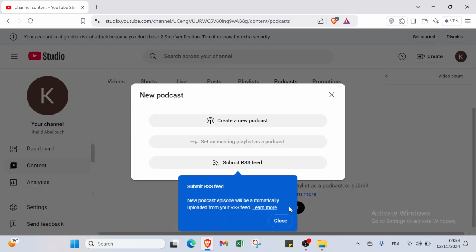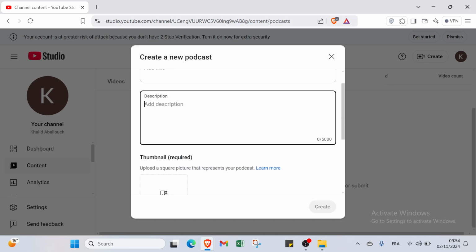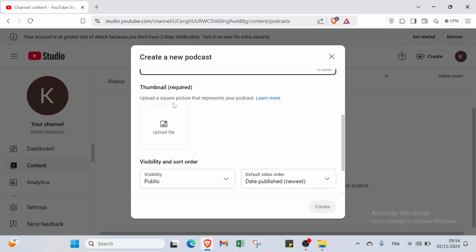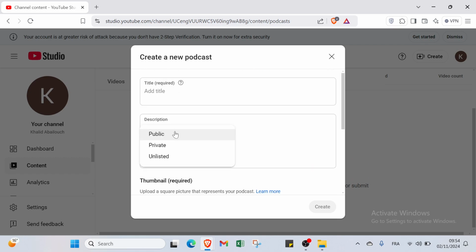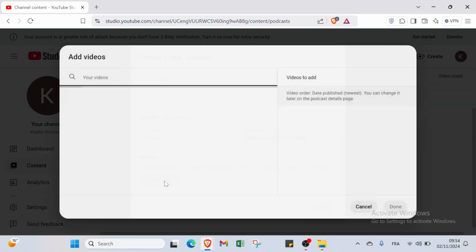You click over new podcast, and you have just to create a new podcast or submit an RSS feed. We'll just click over create new podcast, and we'll add a title here, add a description. We have thumbnail here, upload a square picture that represents your podcast. We have here your visibility if you want to put it public, and we have here thumbnail, as you can see. If you want, also here default, and we have also here add videos if you want. Podcast is a type of playlist, and if you want to just here select the videos,